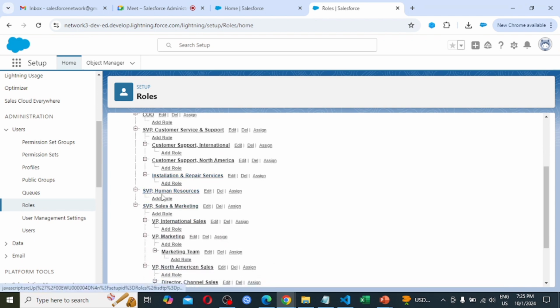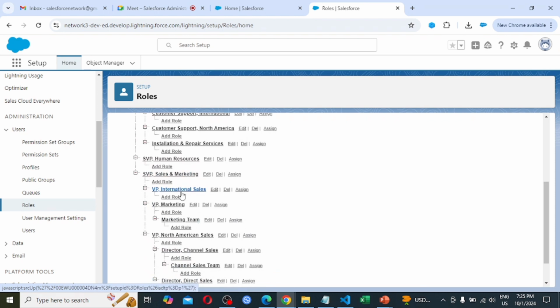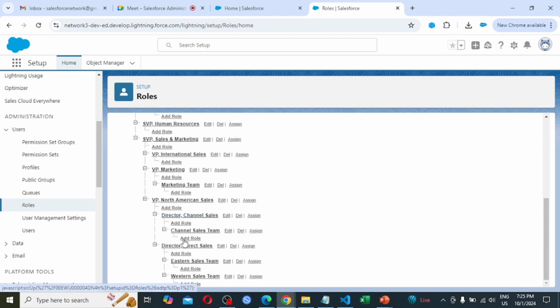So there is no defined role, but in SVP sales and marketing we are seeing again 3 roles: VP international sales, VP marketing, and under VP marketing again one role is defined, and VP North American sales. Under this there are some of the roles defined. So this is the hierarchy.